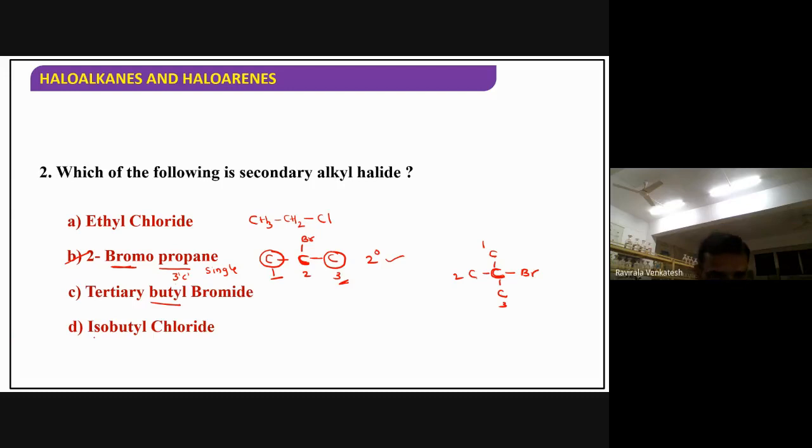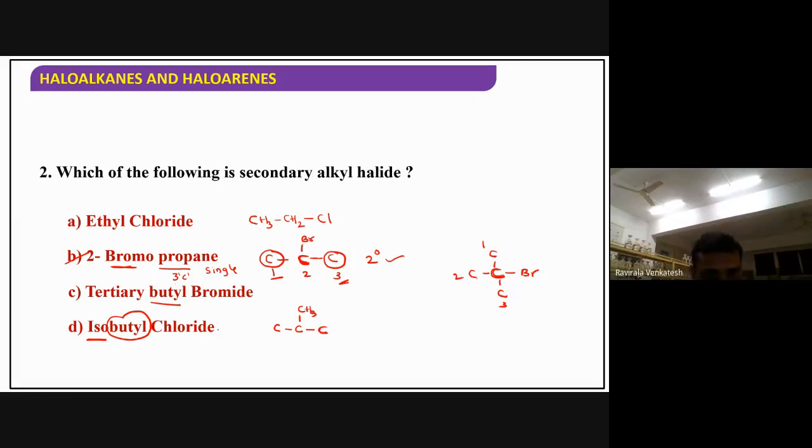Isobutyl. Just I told you. Iso. When will we take iso? Anybody? When do I take iso? On second position. Put a methyl group on second carbon. Butyl means total we need how many carbons? Butyl means total 4 carbons. Now already 3 carbons are there. Now the 4th carbon put on the straight chain. Now total 4 carbons are completed.